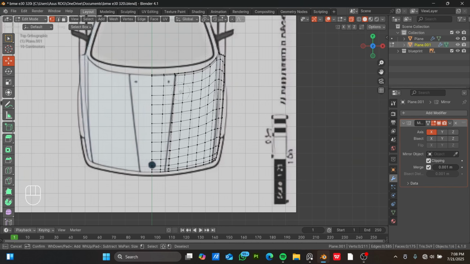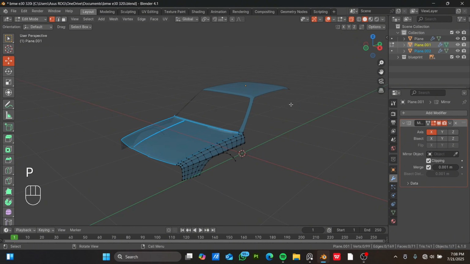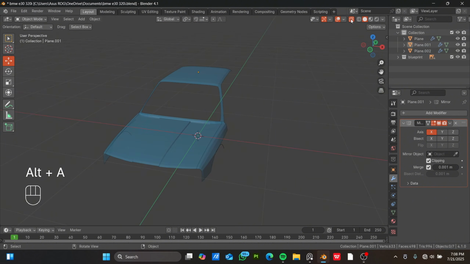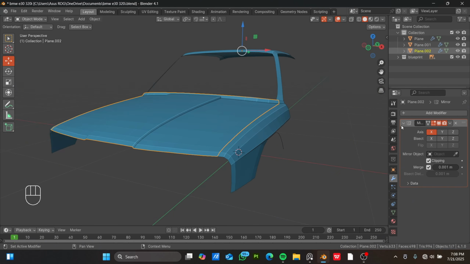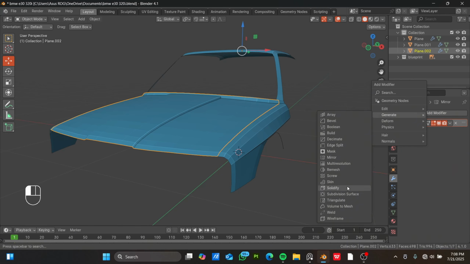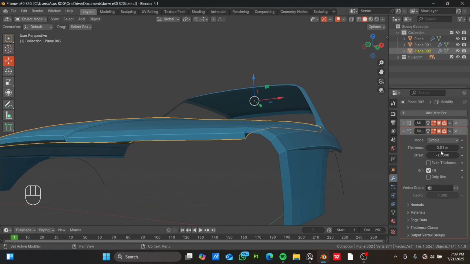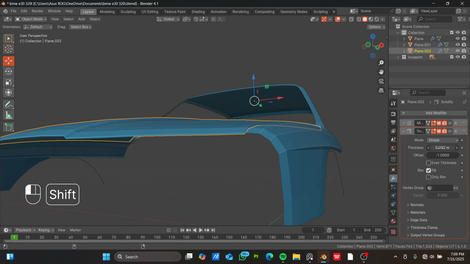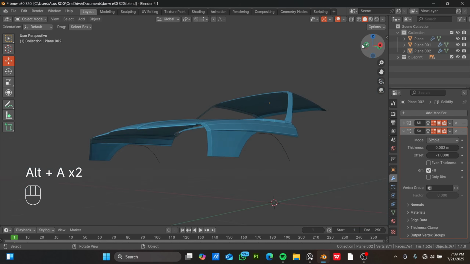Press C to enable circle selection and then select all of this, the wood part, which is this point, like this, and then let me deselect this, and then press P to separate by selection, that way. So now what you can do is select the wood and then apply a solidify modifier first, like that. So let us decrease the thickness to let's say 0.02. Yeah. So now